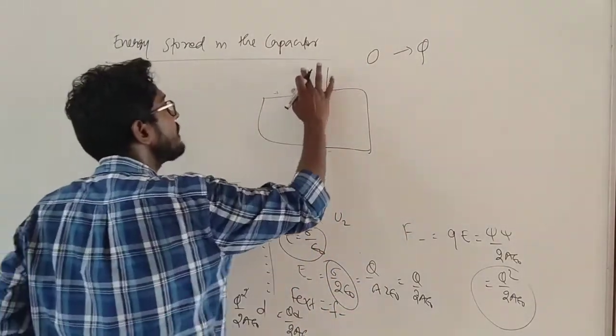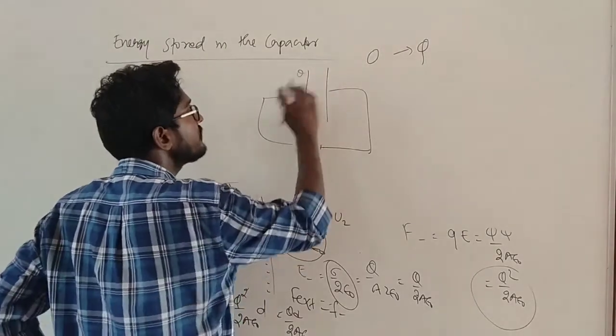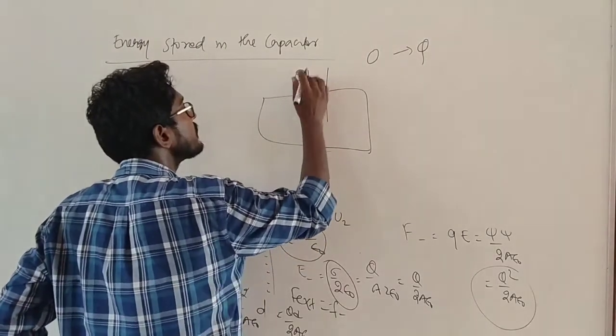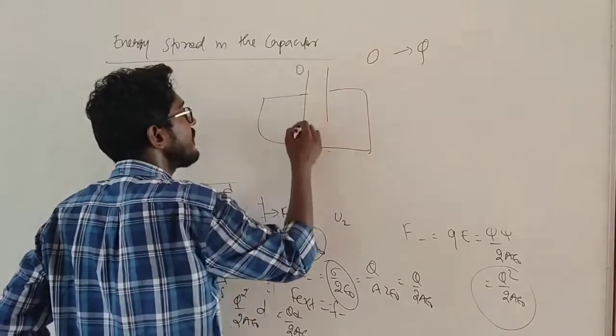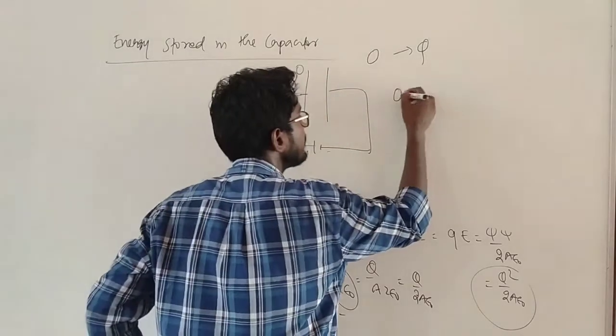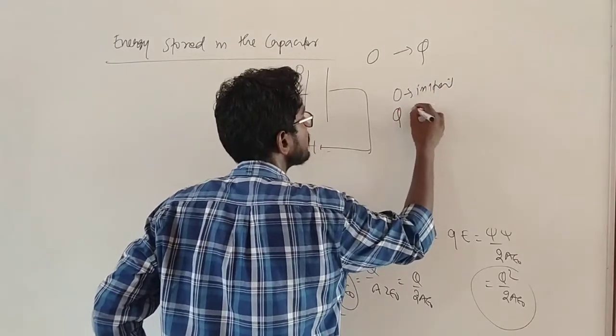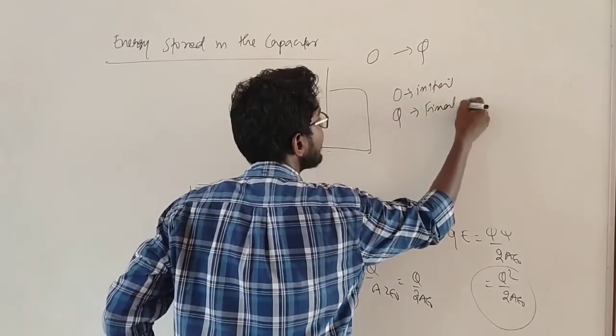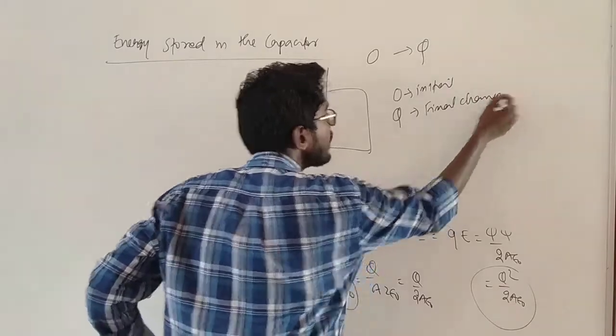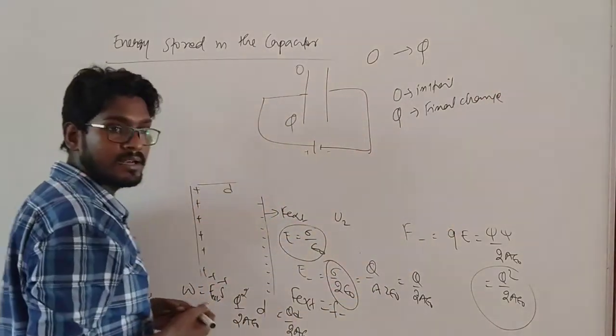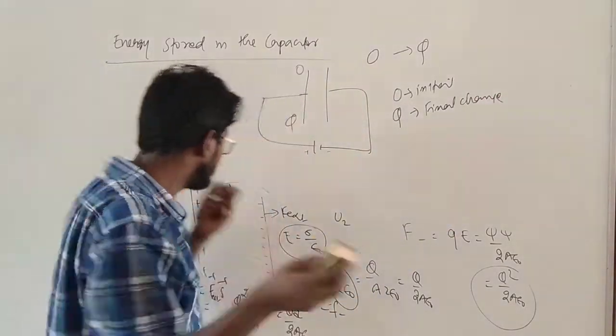तो इनिशियली चार्ज क्या है बाबू, 0 है, और फाइनली तुमने चार्ज कितना कर दिया इस पे? अरे यार, इनिशियल चार्ज 0 है, फाइनल चार्ज कितना कर दिया Q, यानी कि 0 इज द इनिशियल चार्ज, और फाइनल चार्ज कितना है बाबू, फाइनल चार्ज Q। क्लियर? देन वर्क डन कितना फाइंड करना है। तो वर्क डन फाइंड के लिए क्या करेंगे, अपन प्रोसीजर अप्लाई करेंगे।